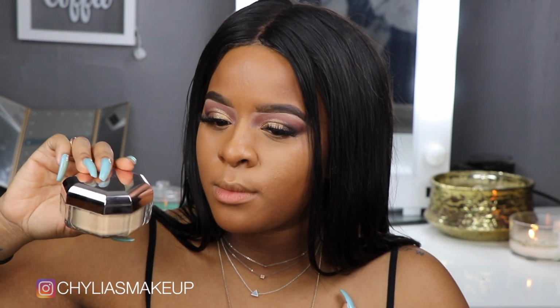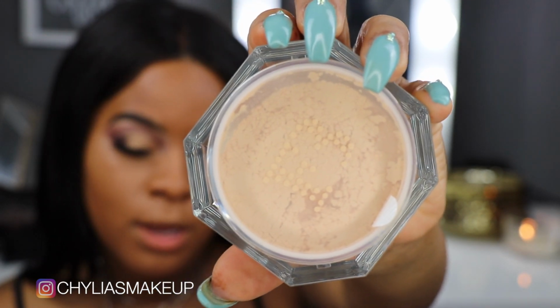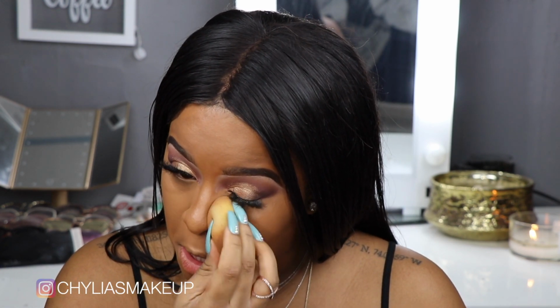I apply. So it comes in this beautiful packaging. It's really mirrored, so it's probably going to mess with your eyes, but it's very similar to all of Fenty's packaging. It's like the really cute, sleek, shapely things. Then inside is that cute little FB for Fenty Beauty. So I'm going to just go ahead, and it's got the little sifter. This is cool. It reminds me of the Hourglass one because the Hourglass has a little H inside. And then I'm going to just take a little bit of the powder on the flat side, blow it off a little bit, and we're just going to,